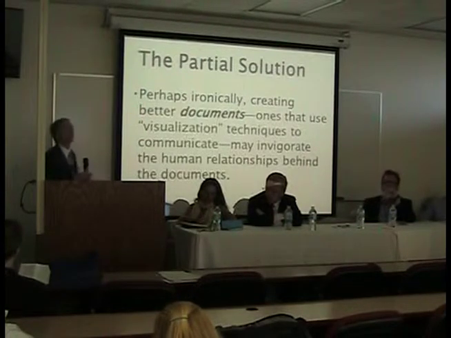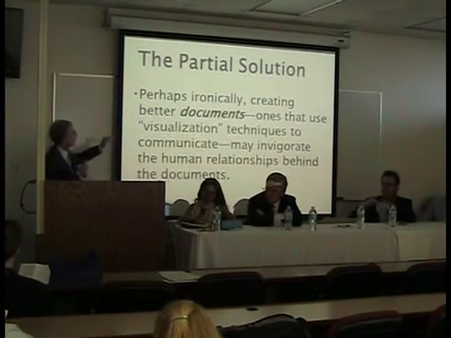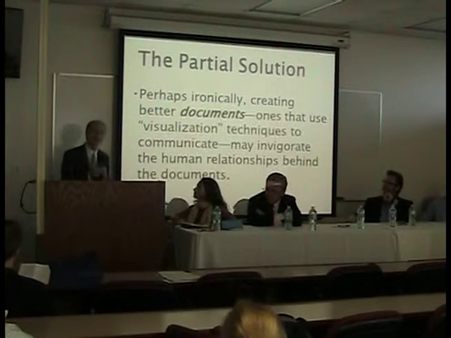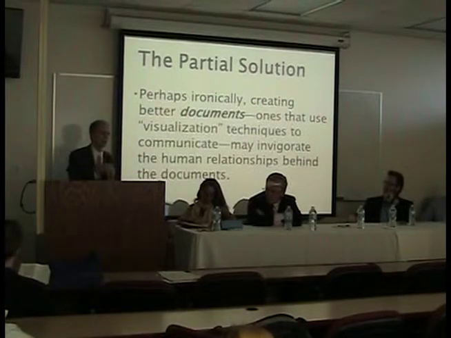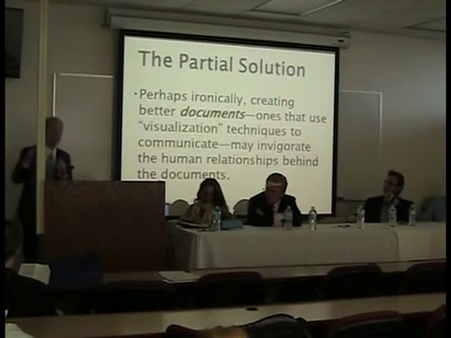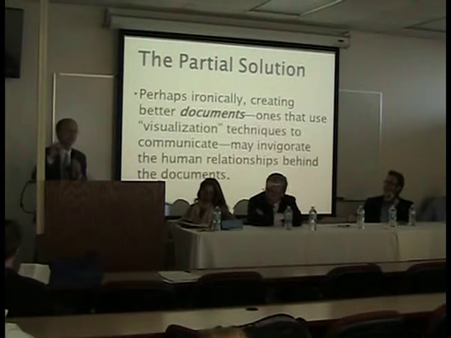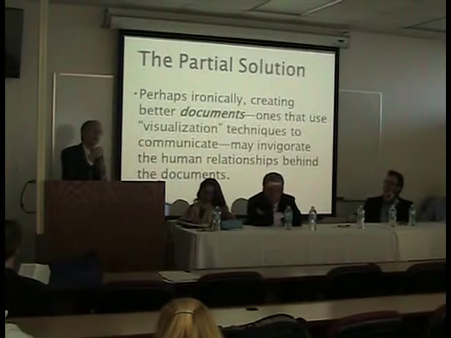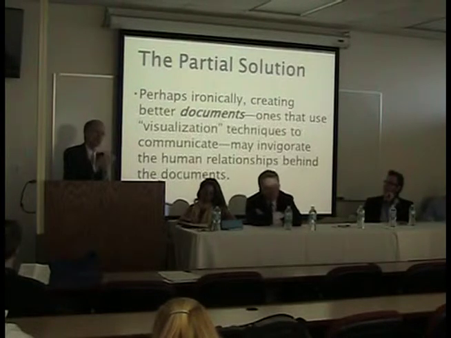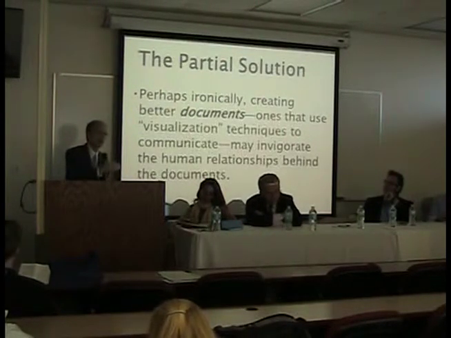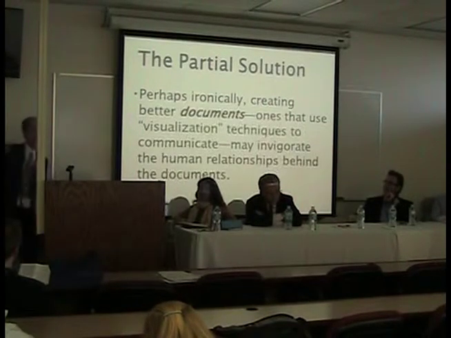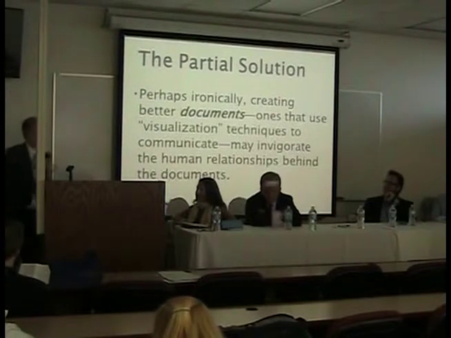All right? So what's my partial solution we're going to talk about today? Well, ironically, it might have to do with building better documents. That's ironic because most of us think of a contract as basically a document that creates rights and duties, and I'm asking us to think of contracts instead as a set of intersecting relationships. But ironically, my solution says that if we build a stronger document, a more useful, more functional document, that in turn will strengthen the underlying relationships. And that in turn will build out stronger functionality for contracts.